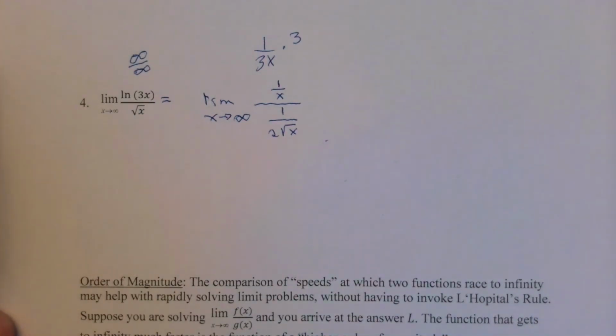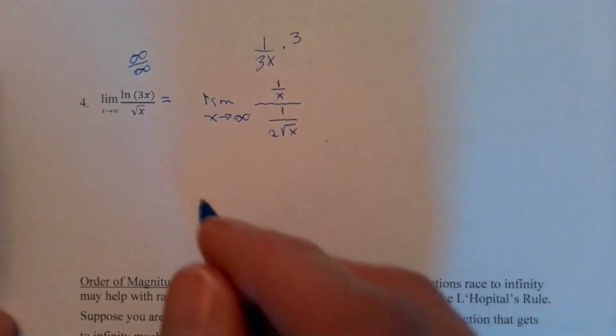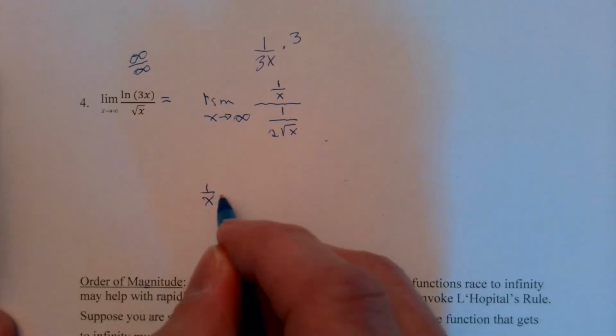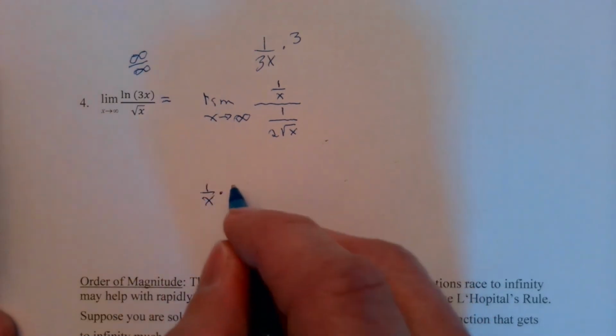Okay, you could try to find the form right now. It turns out it's 0 over 0. Or you could simplify this expression before you try to evaluate it. We might actually be close to done with this problem. Now, of course, 1 over x divided by 1 over 2 root x